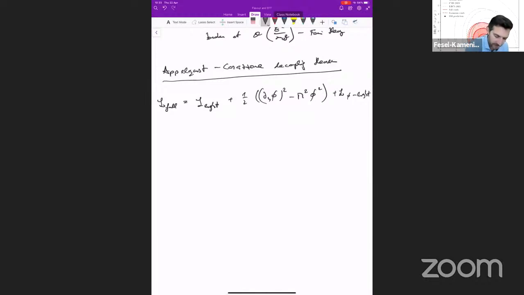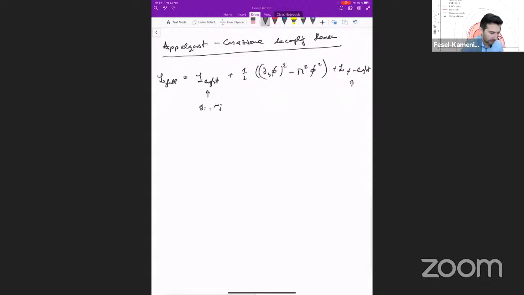Okay, what is important is that the only parameters of the Lagrangian for the light degrees of freedom are dimensionless couplings and masses. Okay, and then there might be additional couplings which mediate the interactions between phi and light degrees of freedom. Now, the content of the Appelquist-Carazzone decoupling theorem is that if one considers Green's functions of light degrees of freedom, with their momenta p_i being much smaller than M,